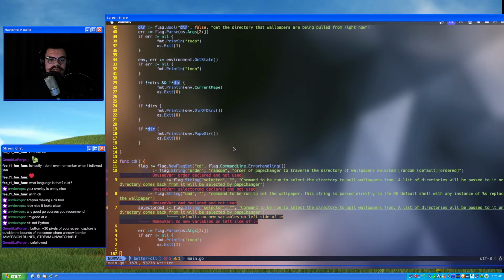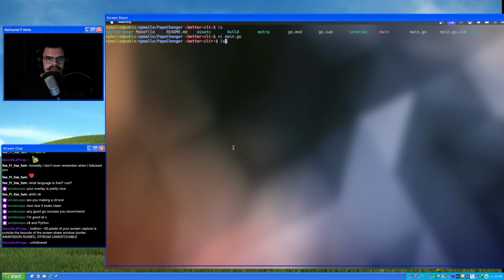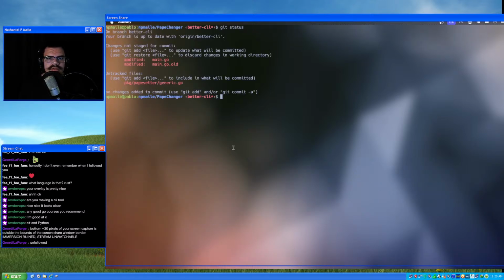Let's get right into it. That's right. So the selector CMD is the fun one. So let's get at all that.